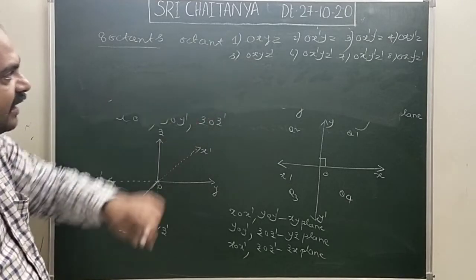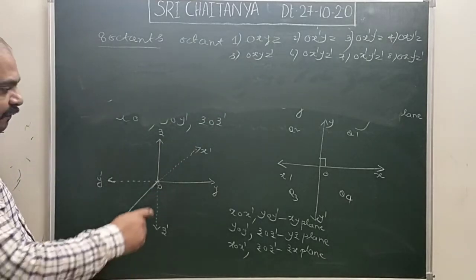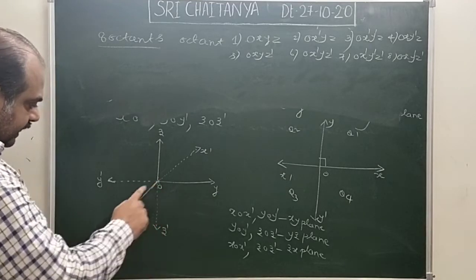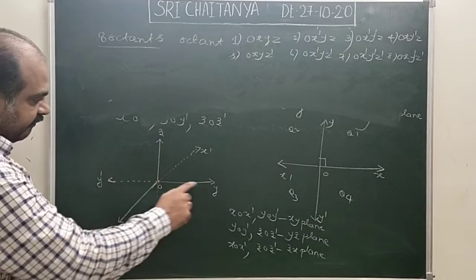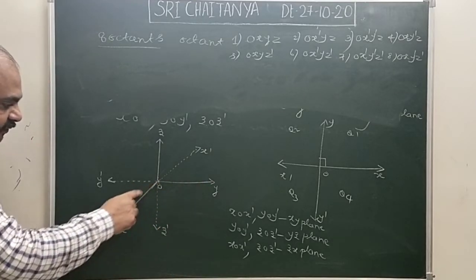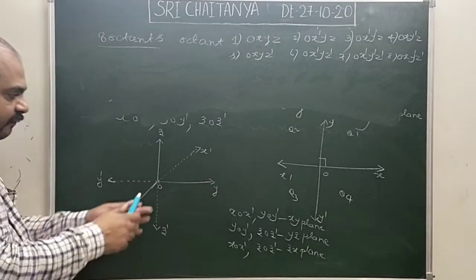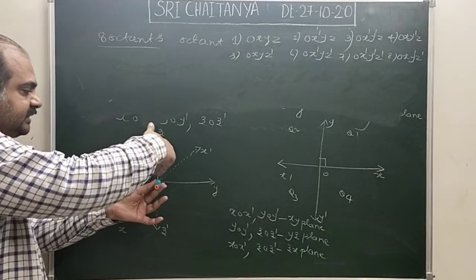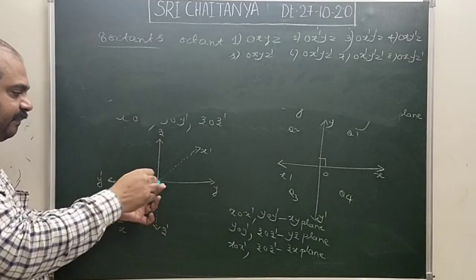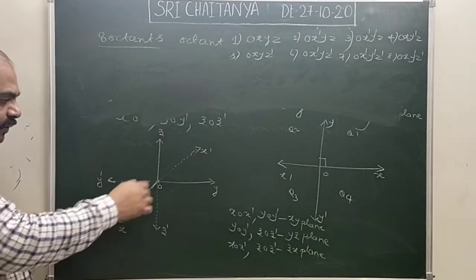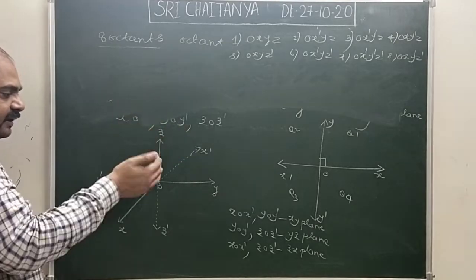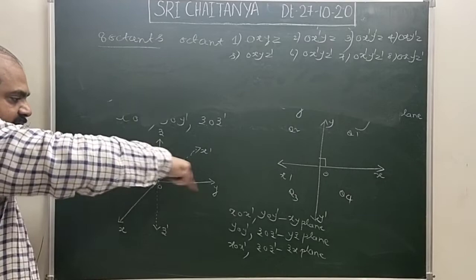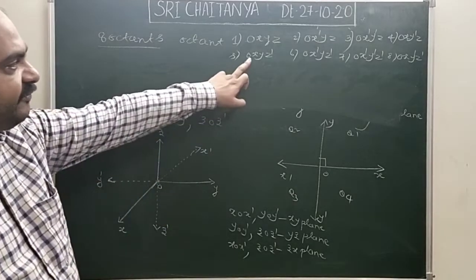Similarly, suppose let us say octant 5. So look at Ox, Oy, Oz dash. Look at here. Ox, Oy, Oz dash will be, Oz will be like this. Oz dash will be opposite to this. That means this octant will be Ox, Oy, Oz will be that side. That side line will go like that. That will become one octant. That space is called fifth octant.